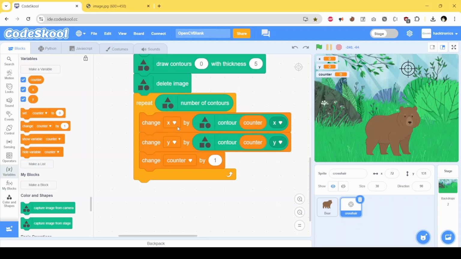So I'm adding the x values of each contour into the x variable, and then once it is done,